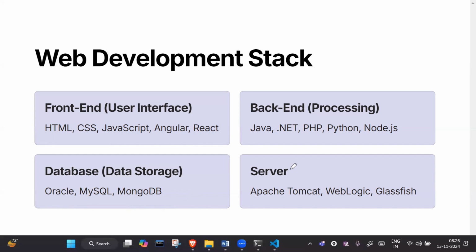Okay, and what is the server? You have created the front end of your application, you have designed the backend of your application, and you have designed the database of your application. Now you are ready to deploy your application. So where will you deploy? We deploy our application on a server. Deploy means